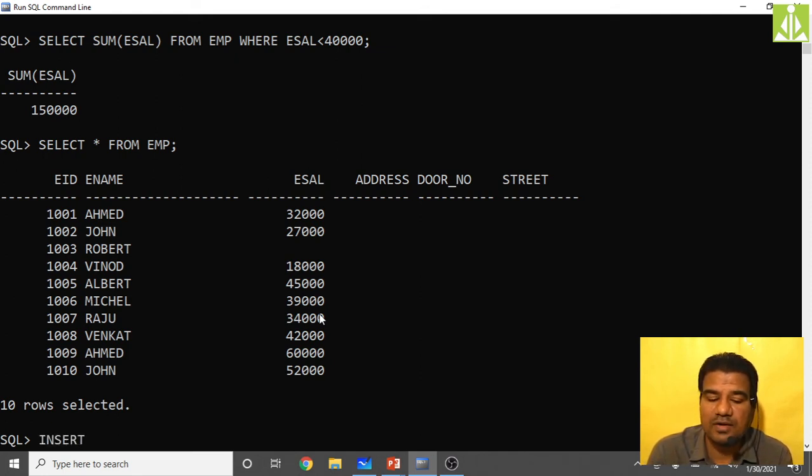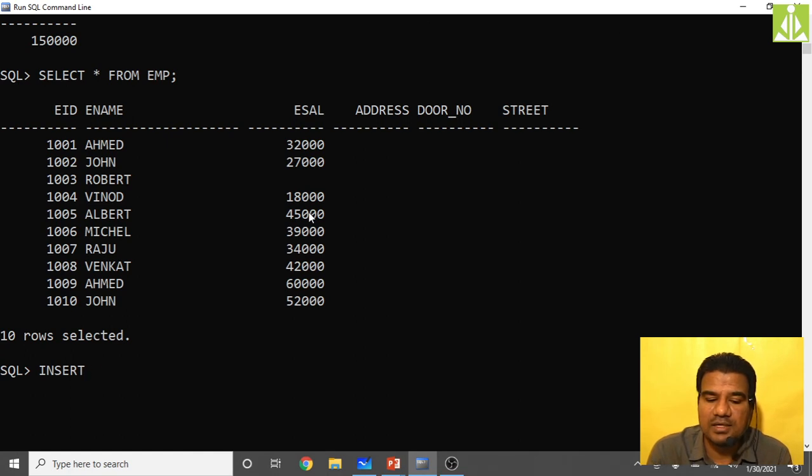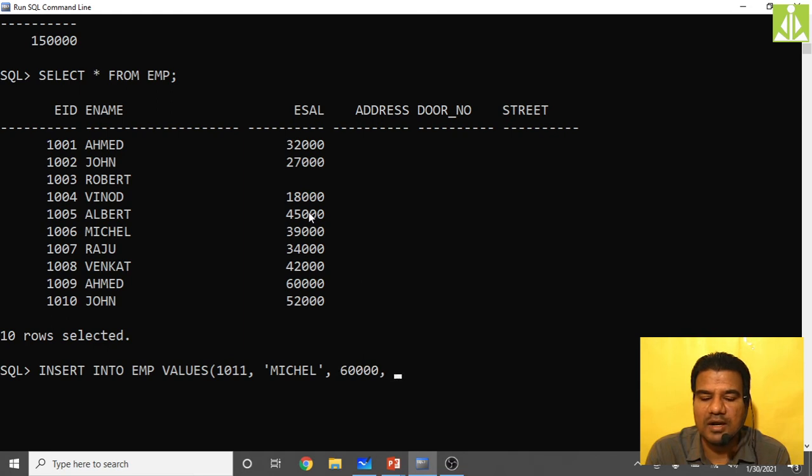So what is our command to insert the entries? Insert into table name, that is employee values, because I want to enter all the values. Employee ID 1011, comma employee name. Again, I will make the redundancy because we have fewer redundant values. So Michael, we have to give between single quotations, Michael, comma, then employee salary, I will do the repetition. 60,000, I am keeping a redundant value.